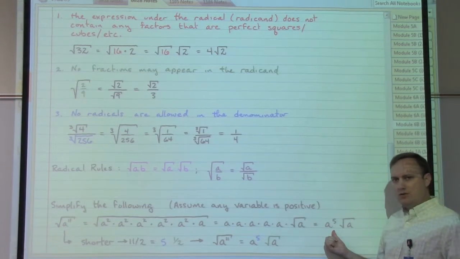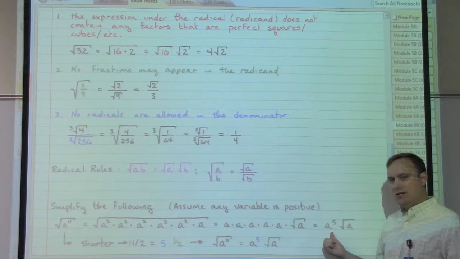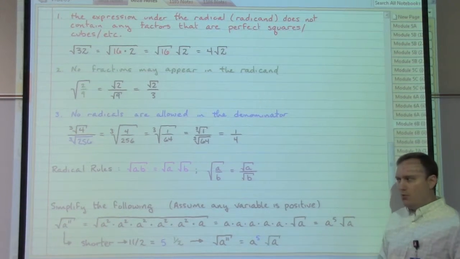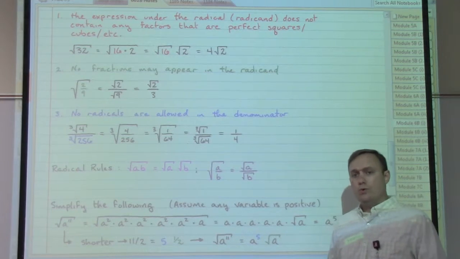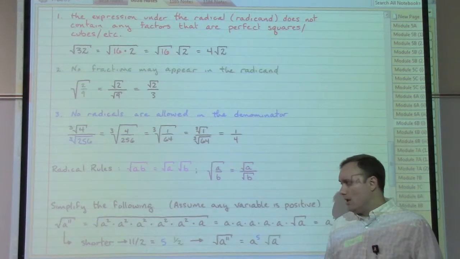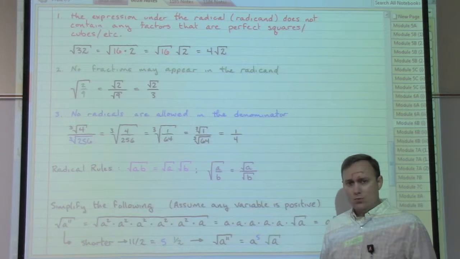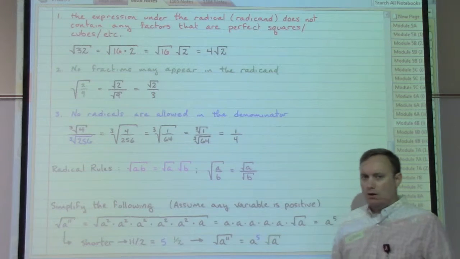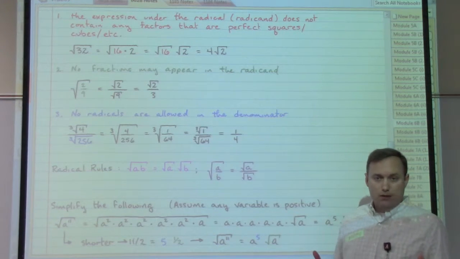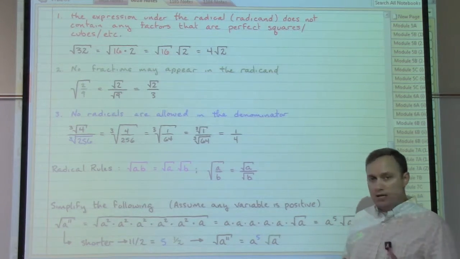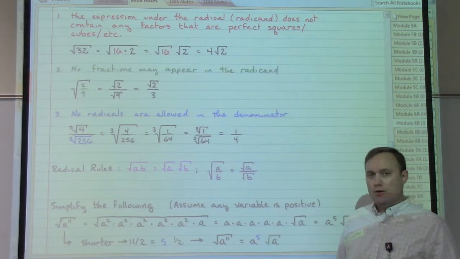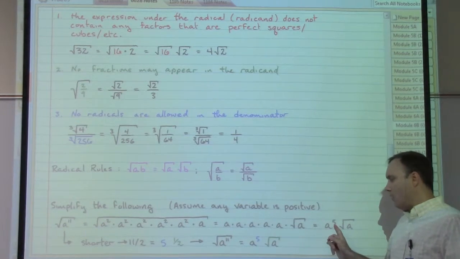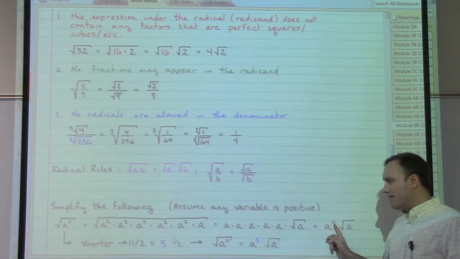And so what we get as far as a nice direct answer is an a with a power of 5 and a square root of a. We have unlocked as many of the nice square roots that show up as possible. Now, this is a long way of having to work through problems unless we do what is a very good idea for any math person to do, and that's to look for patterns. What we can do is we can shorten this process up a little bit by recognizing that our power here of 5